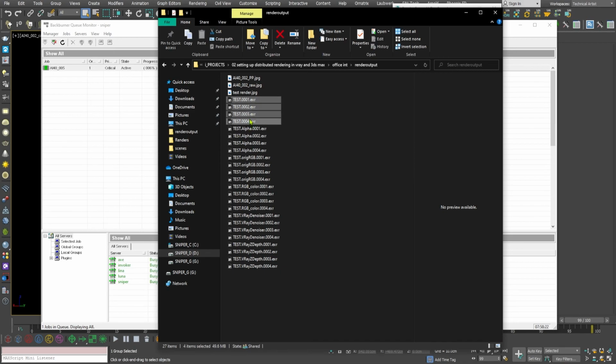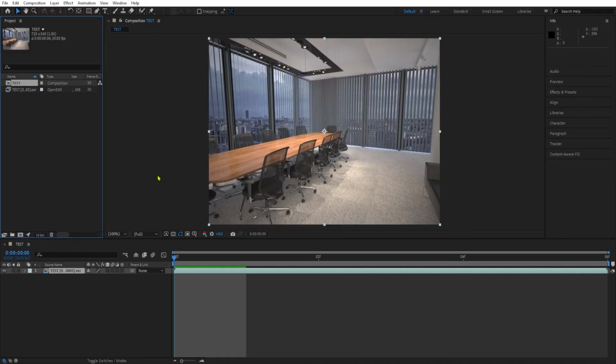So you can see these 4 frames have been rendered. Now I just open up these 2 frames and you can see that the EXR have been opened in After Effects, and we can see that the animation is being indeed rendered,